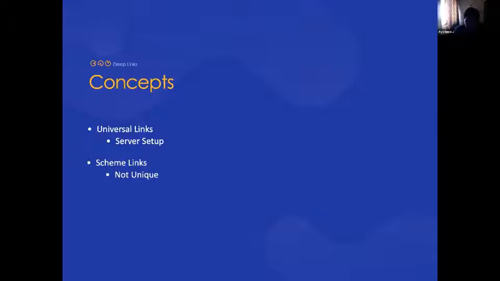Each native platform has its own configuration. They will say you need to have this particular file in your web server at a particular location, so that whenever a user clicks on a website link, the platform authenticates with the server whether this app is related to it or not, and then opens that app.